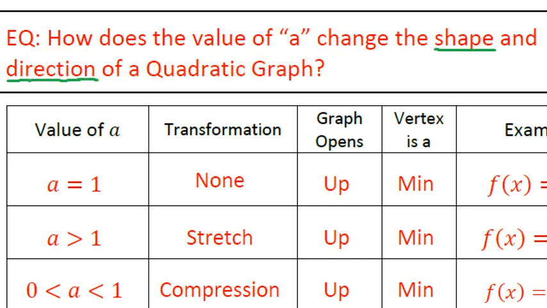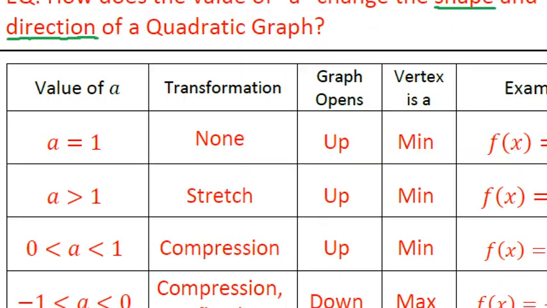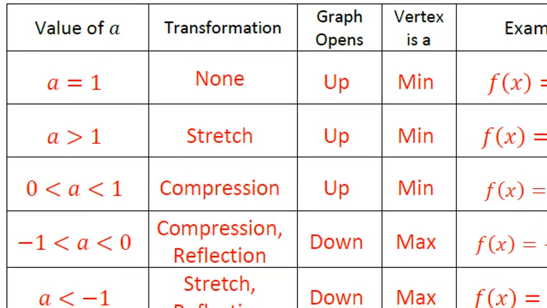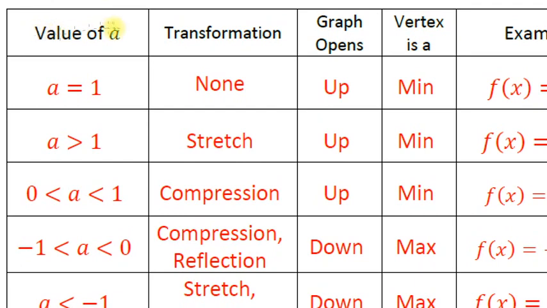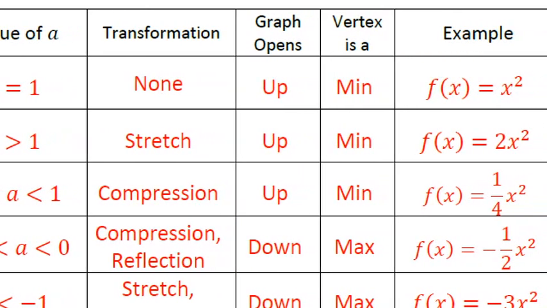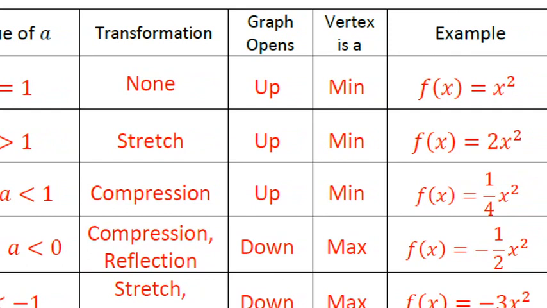Now I'm going to go ahead and scroll through here. Let's talk about this table. You can see that this table has 4 different values of A. What is the transformation that's happening to the graph? Which way does the graph open? Is the vertex a maximum? Is it on top of the graph, or is it a minimum? Is it the bottom point on the graph? And then the last column here will show you examples of a quadratic that has an A value of this particular